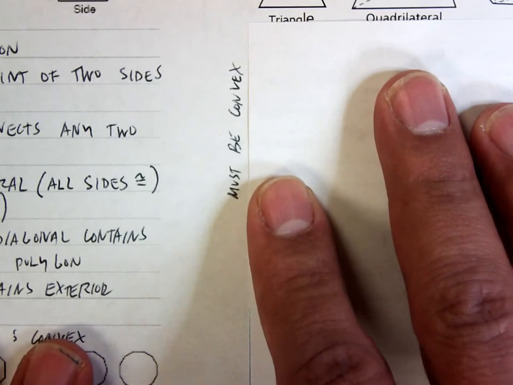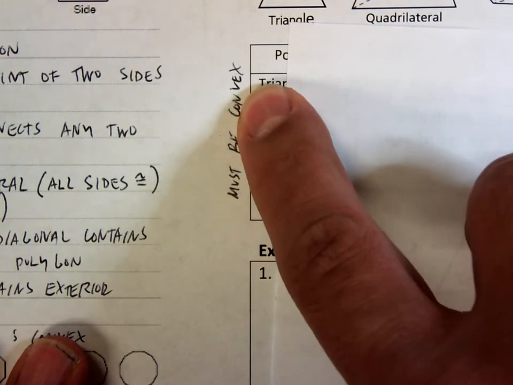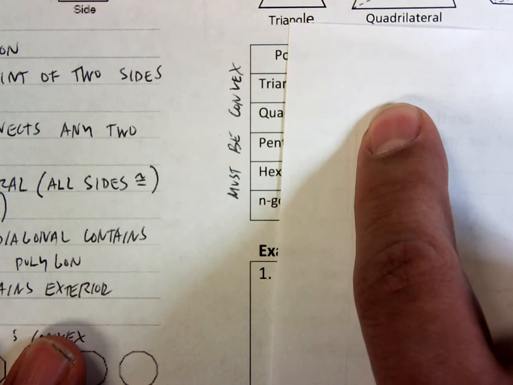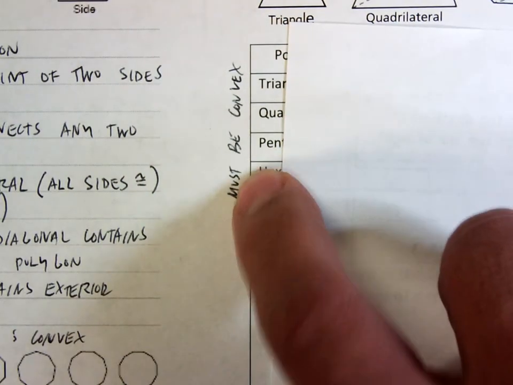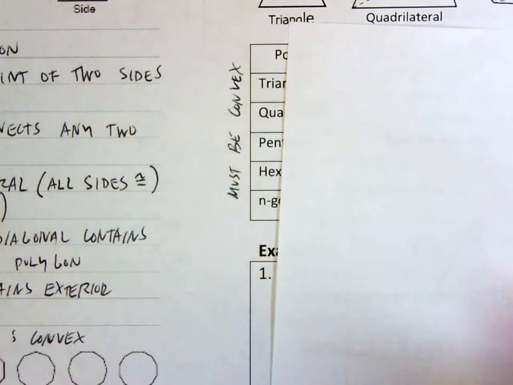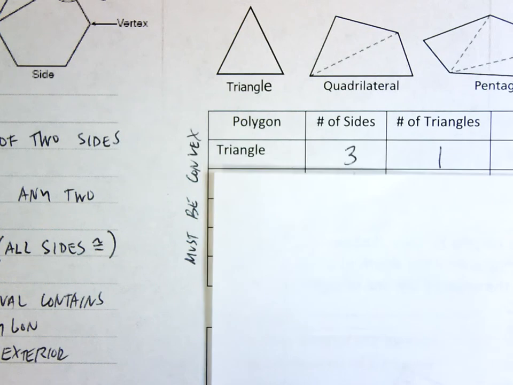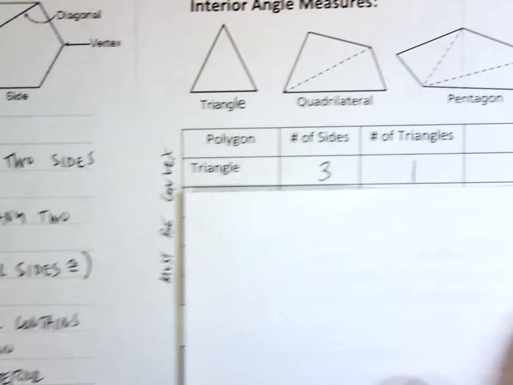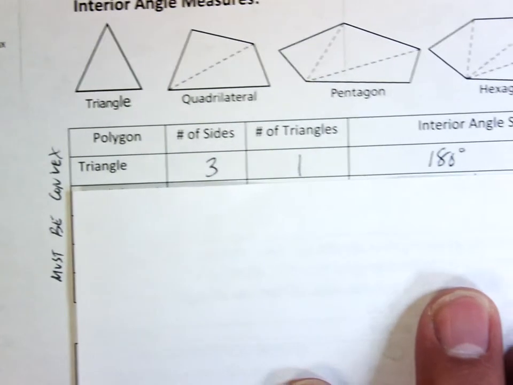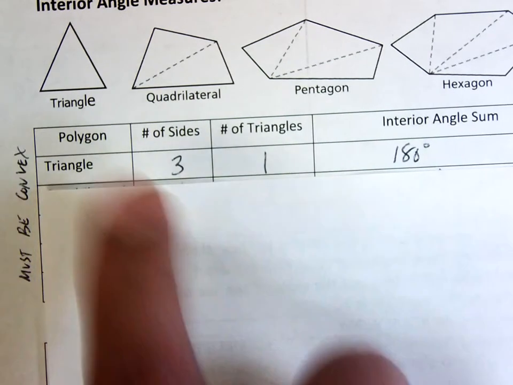Important piece. Do me a favor. Right off to the left: must be convex. So this rule that we're about to do right here, it only applies if my shape is convex. Alright. We're going to start with the triangle. Okay. In this triangle,